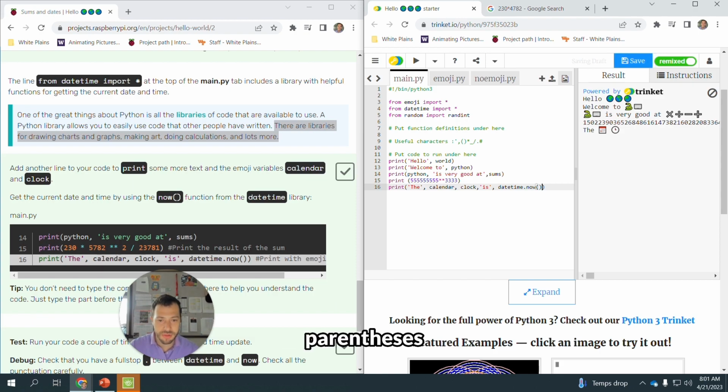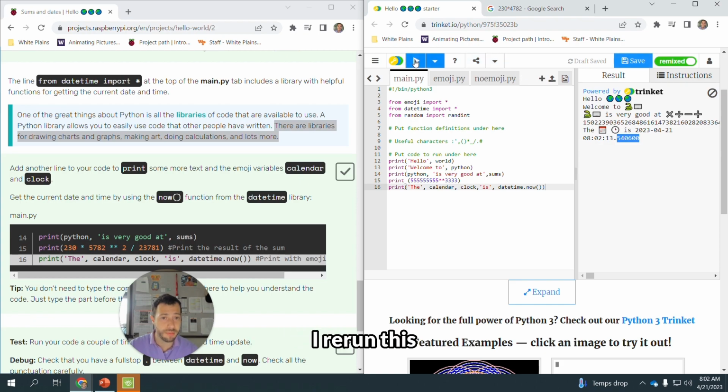Now I have a beginning parenthesis in the front, and if I highlight that, you'll see it's highlighting the end one. These two start and end the print statement. And we also need to set empty parentheses for datetime.now, this function that's going to be called. So if I run that, I'm going to then get this line that says it is 2023, it is April 21st, and it is 8:02 a.m. with 13 seconds and